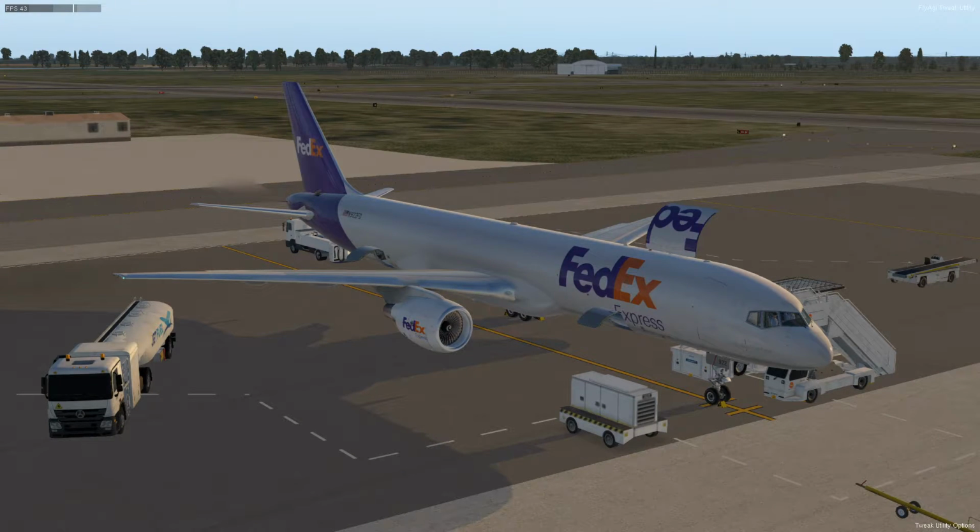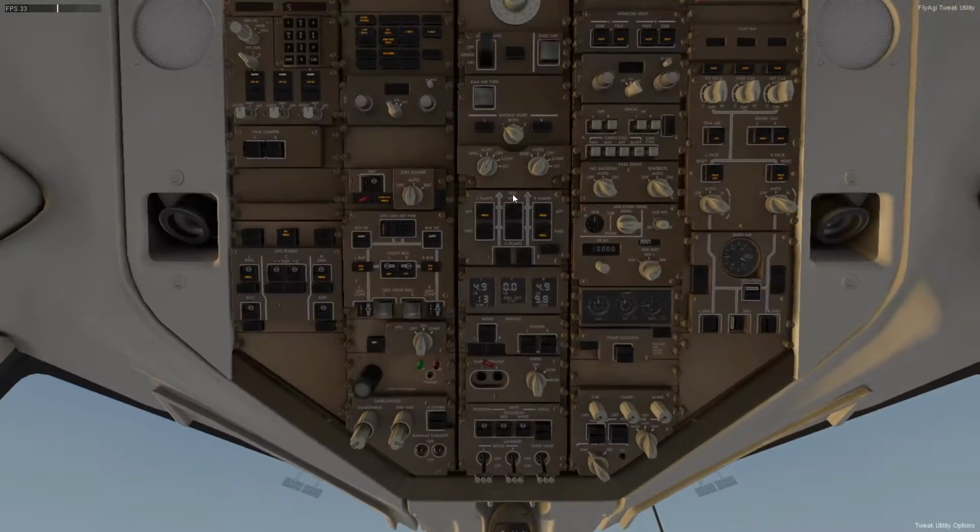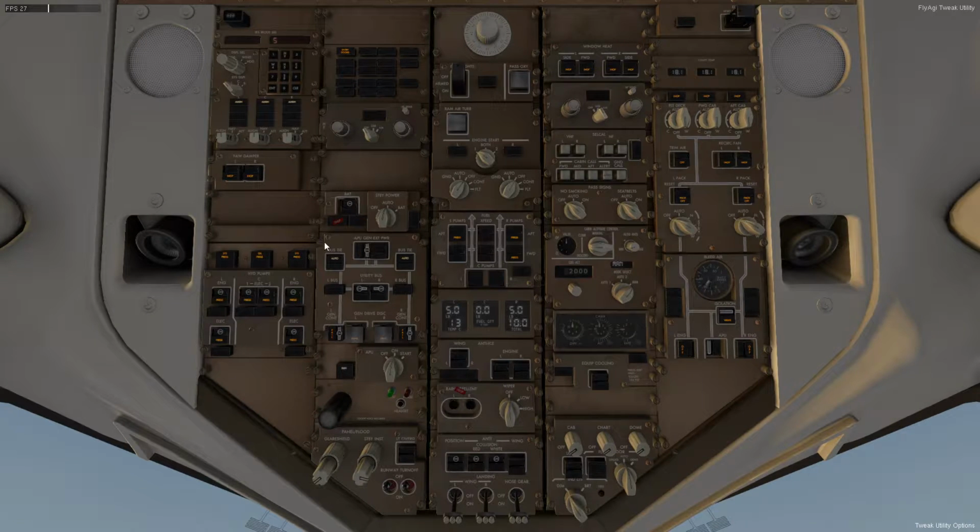As always, I like to do flights that are done in real life. I think this is going to be the 8th attempt at this flight. Every single time that we've done this flight, it has crashed. And I don't mean that I've crashed the plane, I mean that the simulator itself has crashed for whatever reason, whether it be me clicking outside of the sim or all kinds of different things. I have no clue what it is. So we're going to try and hopefully make this flight and be done with it, because I am so over this